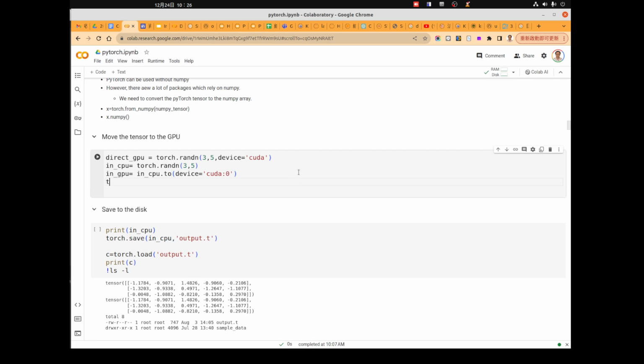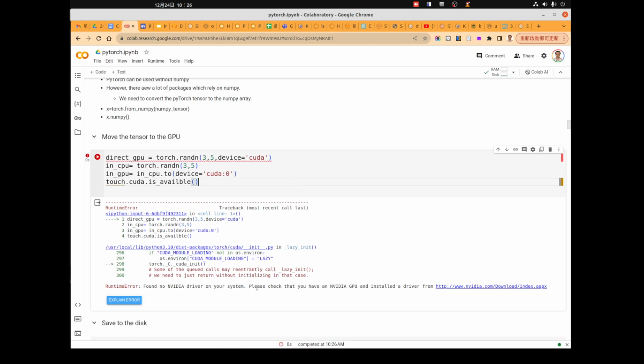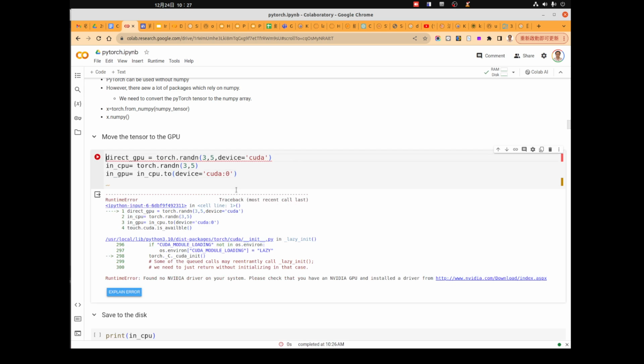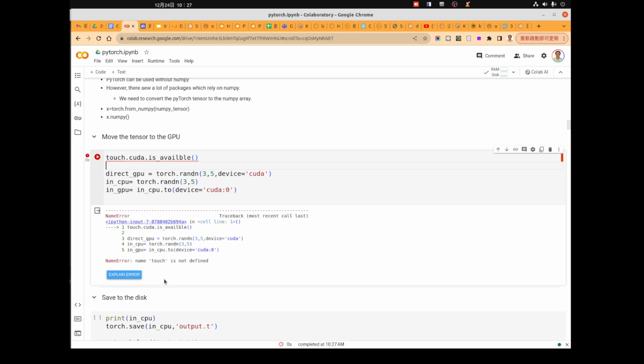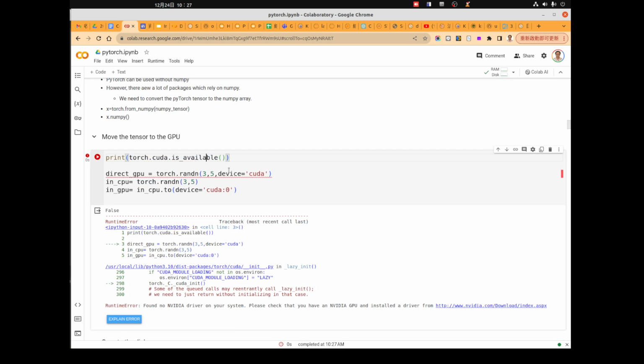And actually, in torch, there's a function to test if we have a GPU or not. Okay, so this is false.